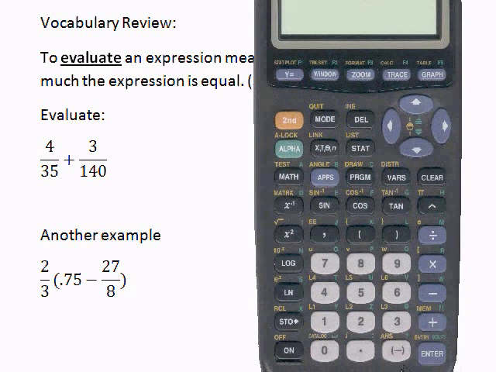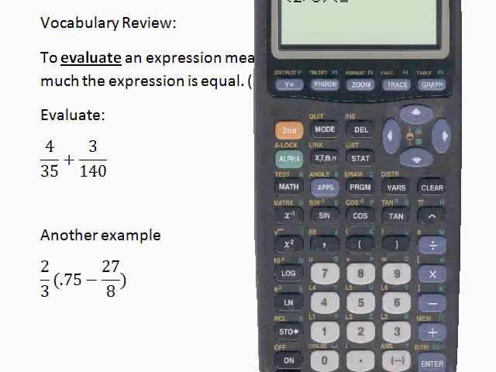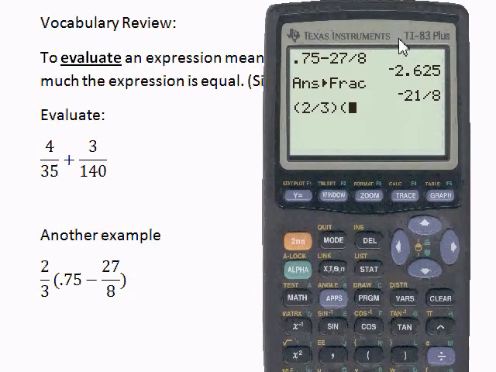Since it's a negative 21/8, we have to use the negative button, which is right next to the enter sign. So again, the negative is right next to the enter. It is not the subtraction sign, which is above the plus sign. Again, we're going to talk about that a little bit more in a second. So we have 2/3 times negative, I type the negative button,